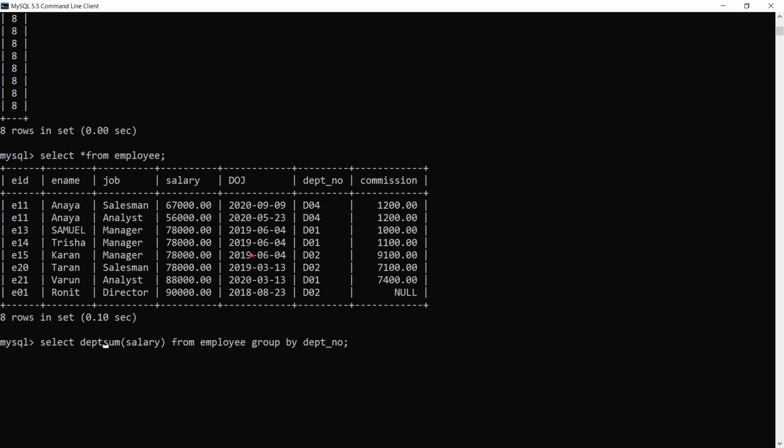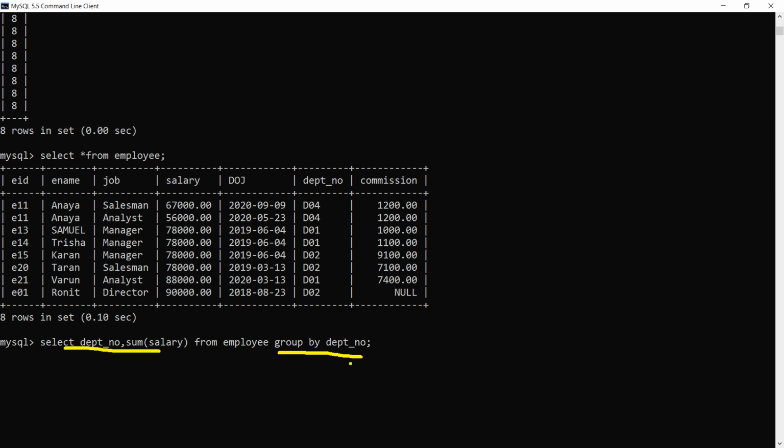So what will it do? It will display the department wise total salary. It will group the department first. When you perform a group by query, it will first group by the column which is written, and then you find out this part.